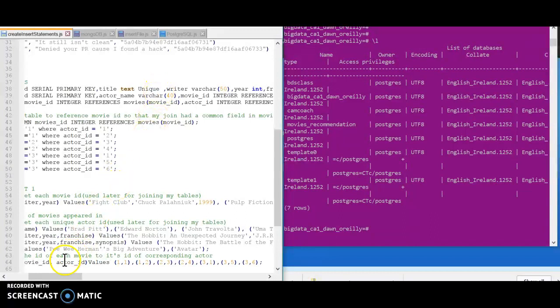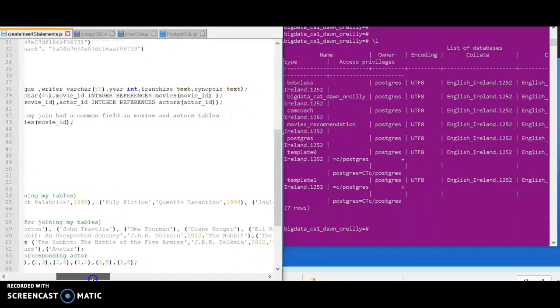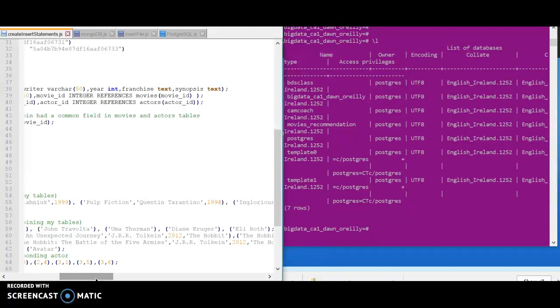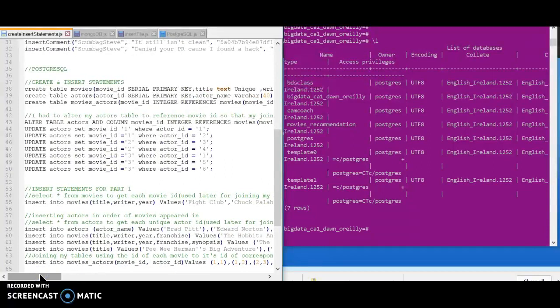I have a writer varchar set to 50, just to allow for any errors or misspellings, just in case. I have a year, which is an integer, and I have a franchise, which is text, and synopsis, which is text. For actors, I have actor ID, serial primary key, actor name,